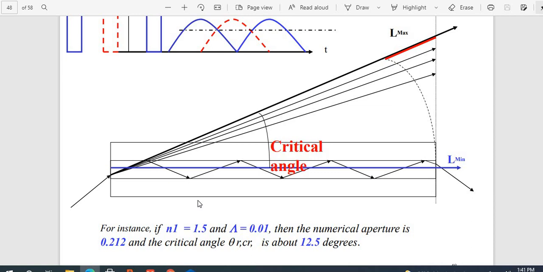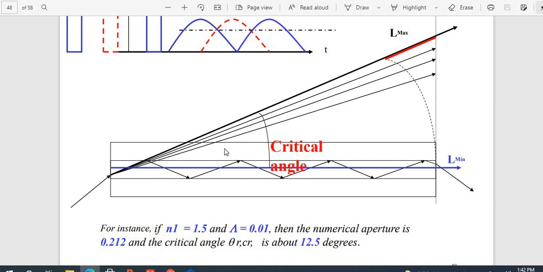See here, I took one optical fiber, passing whatever light is there in the core. What is the critical angle? Beyond the angle of incidence being greater than the critical angle, then it is called total internal reflection. Passing through the fiber, when the angle of refraction becomes 90 degrees, then it is called the critical angle, right? So I have passed different rays from this particular part. When I am passing a ray inside, it is traveling towards the length L minimum. This is the axis of the fiber, right?